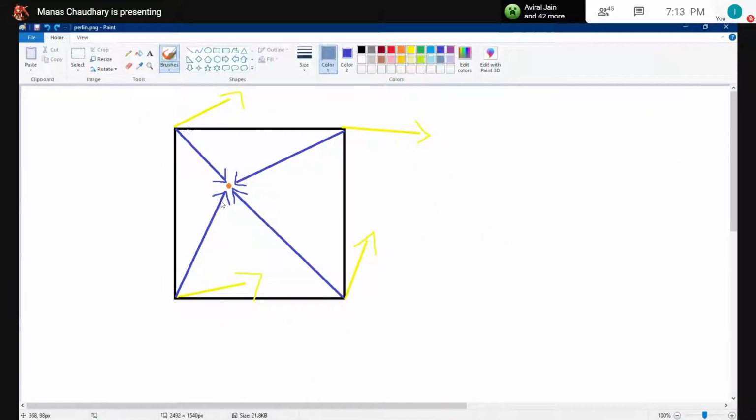So this is one cell and the point we are currently iterating, this is our current point. For each corner, we'll draw a vector from the corner to the point, shown in blue, and yellow shows the noise value that was generated at the corner. We'll compute the dot product of these two vectors for each of the four corners. So we'll have four values corresponding to each pixel, and we'll just store them.